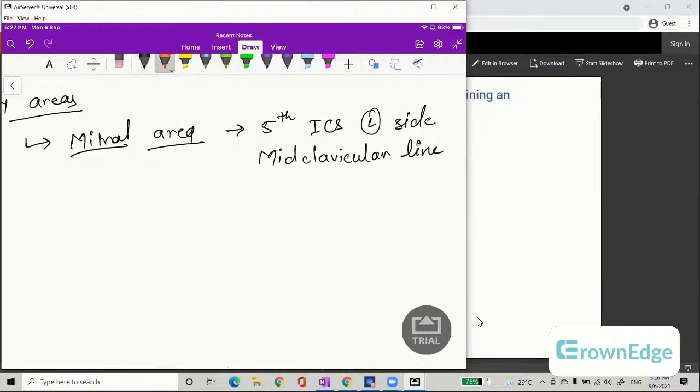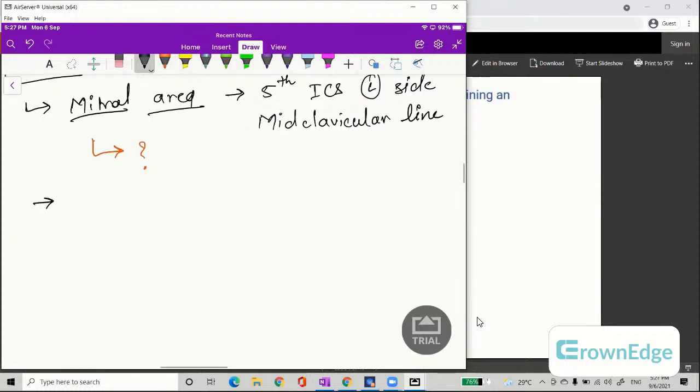A very, very important thing over here is that this area is also known as, yes, anybody can give me a reply to this. This area is also known as, yes please, till I get the reply, I'll move forward, right? Then there will be an area which will be known as the tricuspid area,